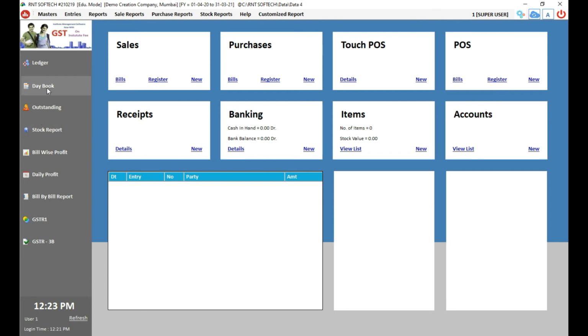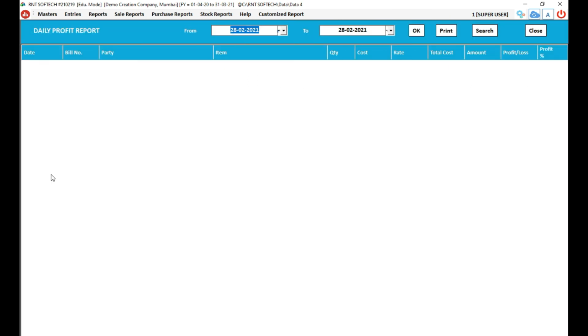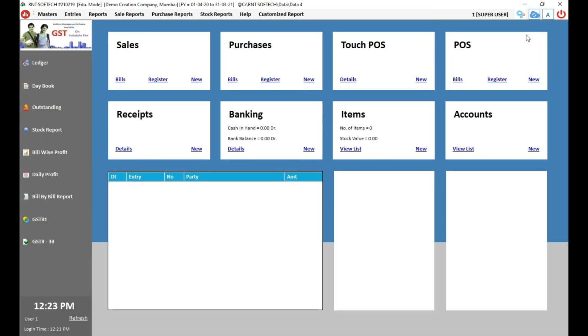On the left side, if you see, there's a day book which gives you the complete business done, sales done during the day, receivables, payables, the outstanding, then stock report as of start of the day, end of the day, bill wise profit. This is a very, very useful feature. Every bill wise you can track your profitability. Here if you see is daily profit, you can even see your profits on daily basis, that is date wise. You can see your profits bill wise. You can also get the reports, bill by bill reports, the payment, receipts, profitability, everything.